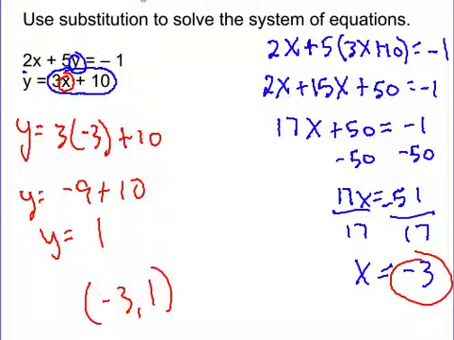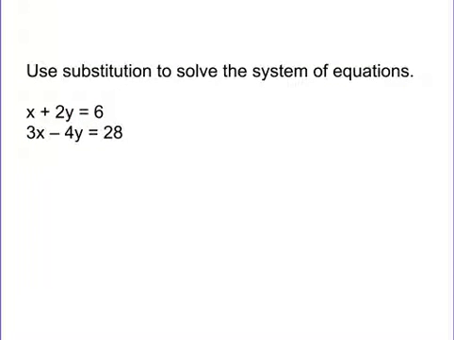All right, this isn't too bad, is it? No. I mean, it's a lot of steps. You got to do a lot of solving, but it's pretty straightforward. Sometimes you got to do a little bit of work before you know what to substitute. So I don't have anything that equals one of the variables by itself, so I need to do a step before I can do that. This first equation, I would be able to get x by itself really easy, wouldn't I? And so I don't have to solve for y. I don't have to use y first. I could use x. So if I do x plus 2y equals 6, and just subtract 2y,